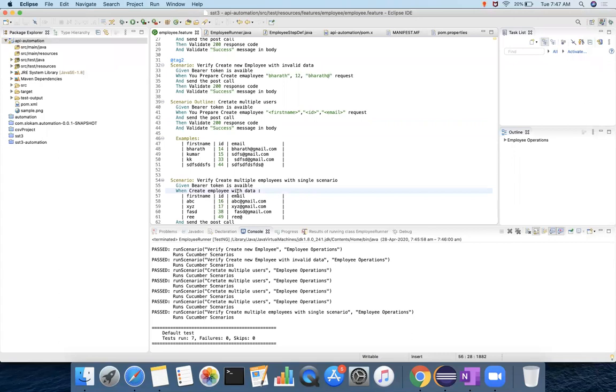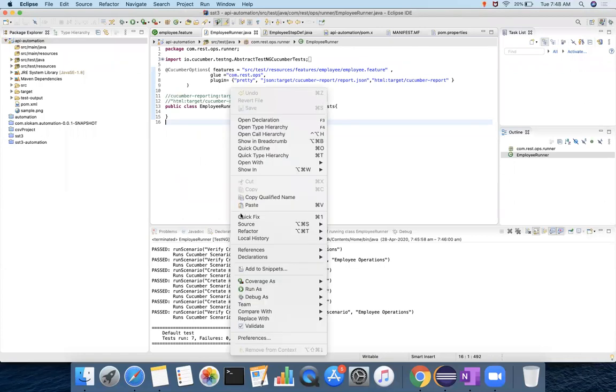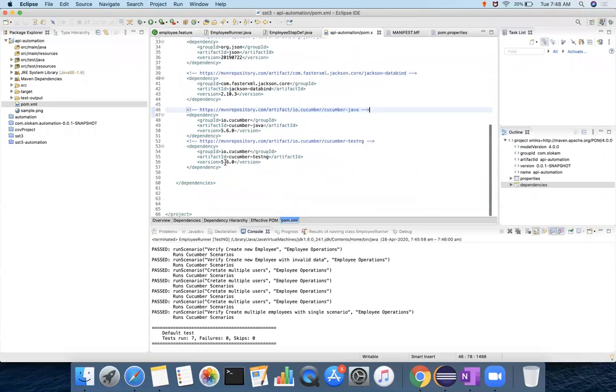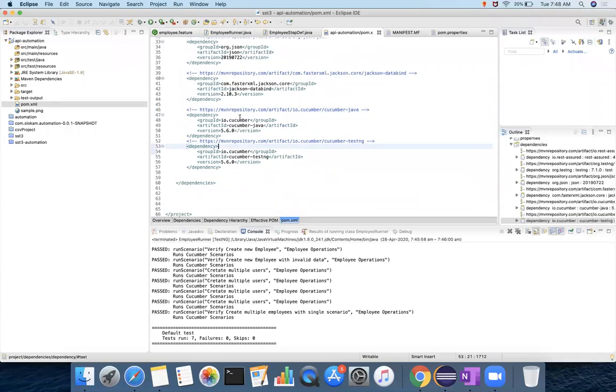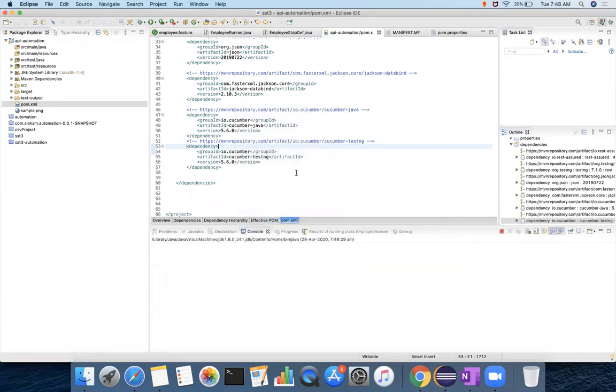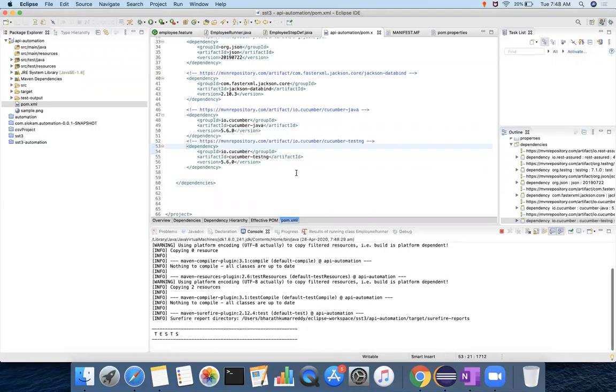Before reporting, what we generally do is we do not run the test case from a runner. Where do we run it from? Your pom.xml. Your pom.xml has the ability to run your test cases. So we use that concept, and all the test cases in your suite, all your scenarios and feature files, will be executed. How do you do that? You go to this pom.xml, right click on it, and use Maven test, so that it runs the test cases.